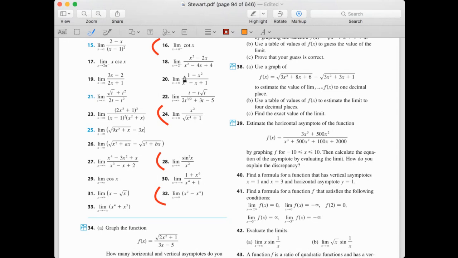Oh, so you look at also the negative sign. Yeah, the sign is part of it. Negative x squared. Okay, that's 20. The next one,